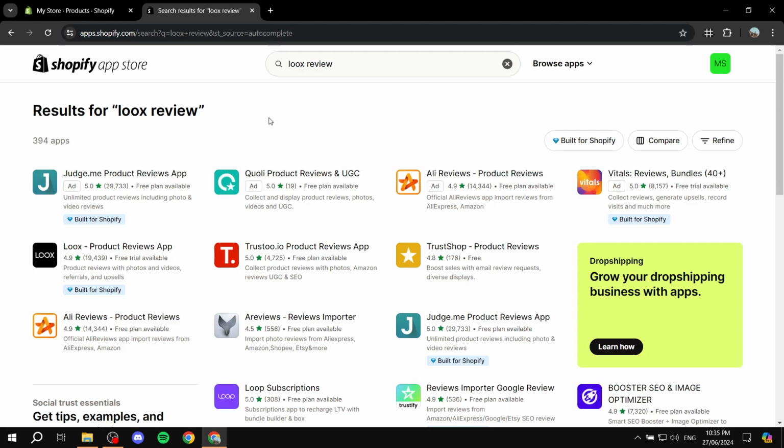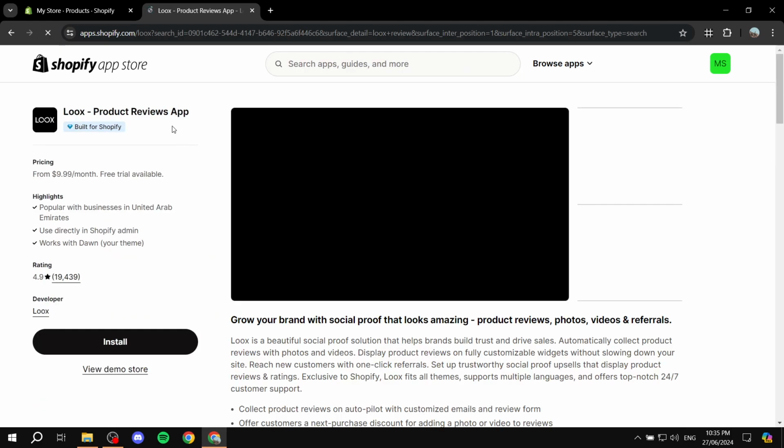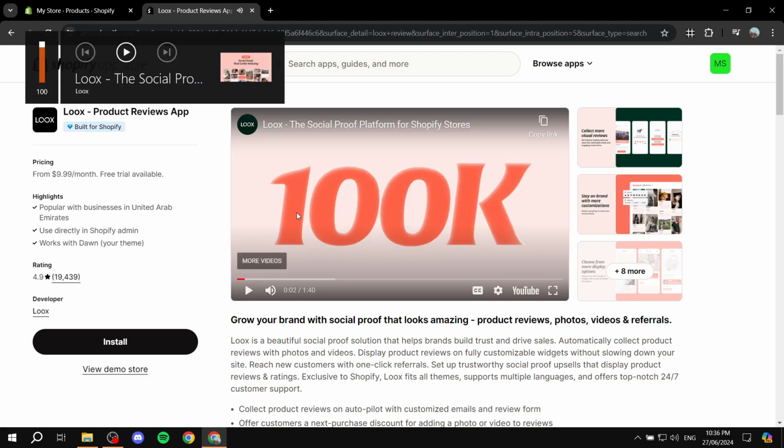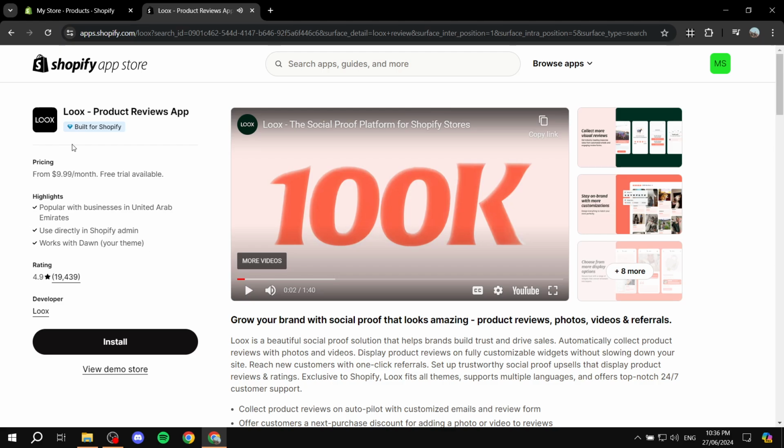Now, there are going to be other apps that you can use for reviews. You have Judge Me, which is a very popular one that a lot of people use, and for good reason. But you also have the Loox product reviews app, which I'm going to be using for the sake of this video. So just click on it, Loox product reviews app. Loox helps over 100,000 shops. Okay. So anyways, the thing is with Loox,